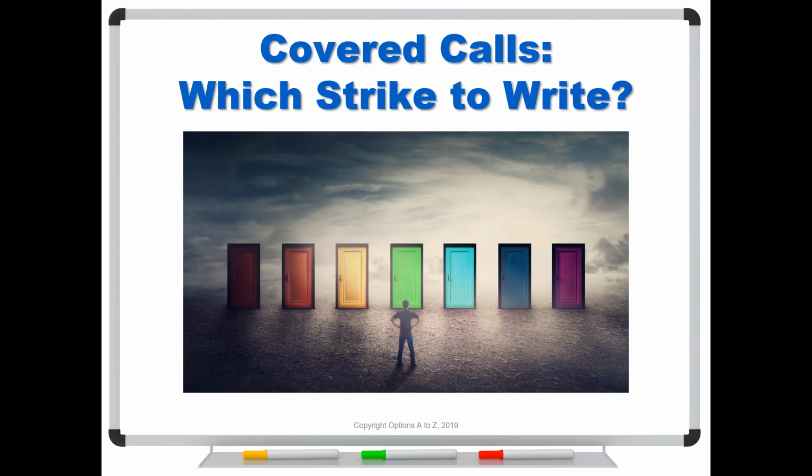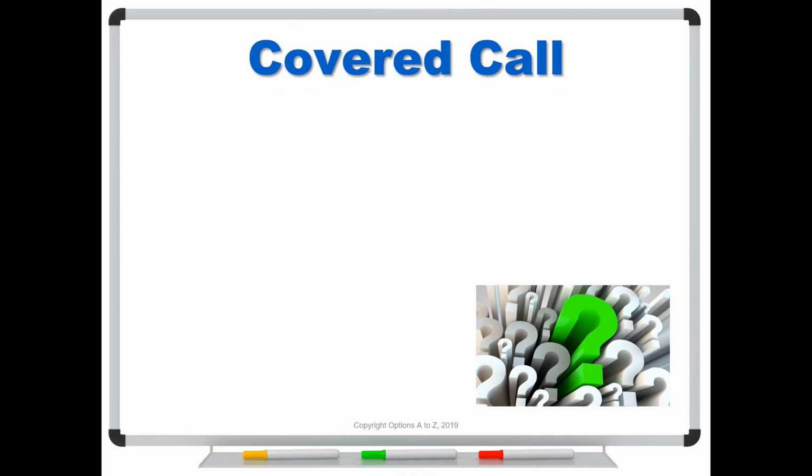Now, keep in mind what I'm about to show you applies to any option strategy where you are selling options. So it doesn't matter if it's a covered call, vertical spreads, horizontal spreads, or time spreads, calendar spreads, double diagonals, double calendars, you name it. If it is a strategy where you are selling an option, the key point that I want you to get from this video is that you want to make sure that the option is contributing a significant portion of your gains. So I'm going to use the covered call as an example, and I think most of you know that